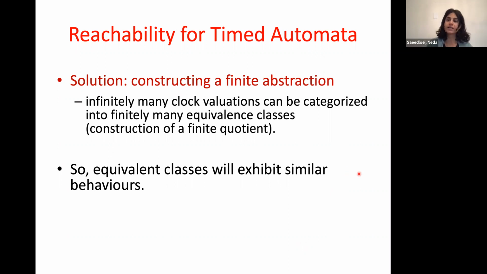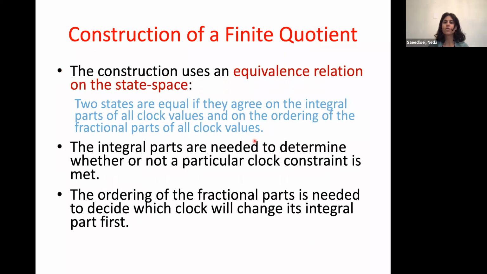So the idea is that infinitely many clock valuations can be categorized into finitely many equivalence classes. And this is done through the construction of a finite quotient. The idea is that equivalence classes will all exhibit similar behaviors. So the construction uses an equivalence relation on the state space. Essentially, we say two states